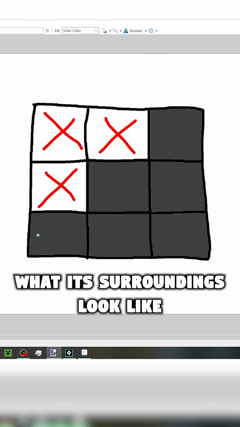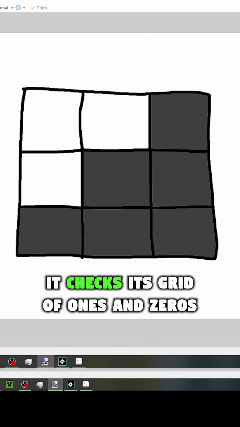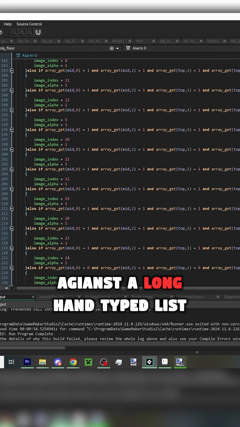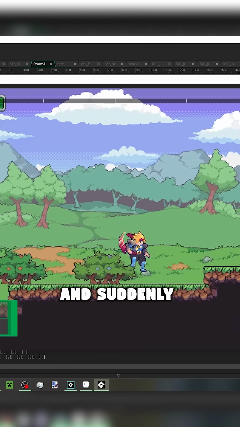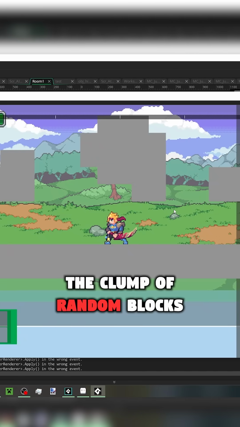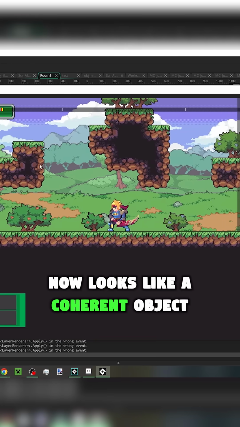Once the block has determined what its surroundings look like, it checks its grid of 1s and 0s against a long hand-typed list. The list simply tells the block what sprite should be used based on the layout of its grid, and suddenly, as the player comes into view, the clump of random blocks now looks like a coherent object. So that's why